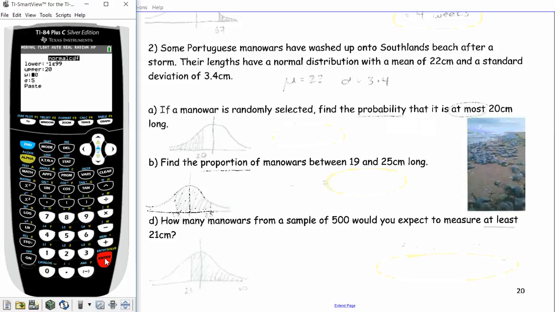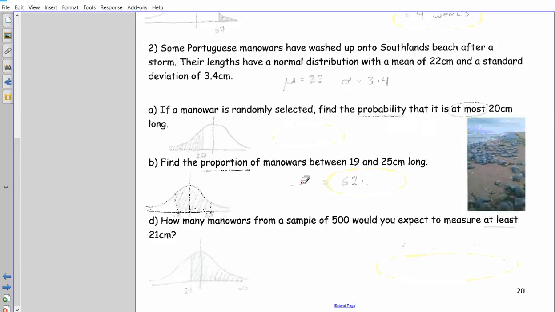Just make sure you're typing in the right numbers. Our mean is 22. It's useful to just have it all written up there. Our standard deviation is 3.4. Just check you've got all the right numbers, and press enter. And as a probability, to 3 sig figs, that would be 0.278. So that's the probability, 0.278. Find the proportion of man-o-wars, so that could be a probability or a percent, between 19